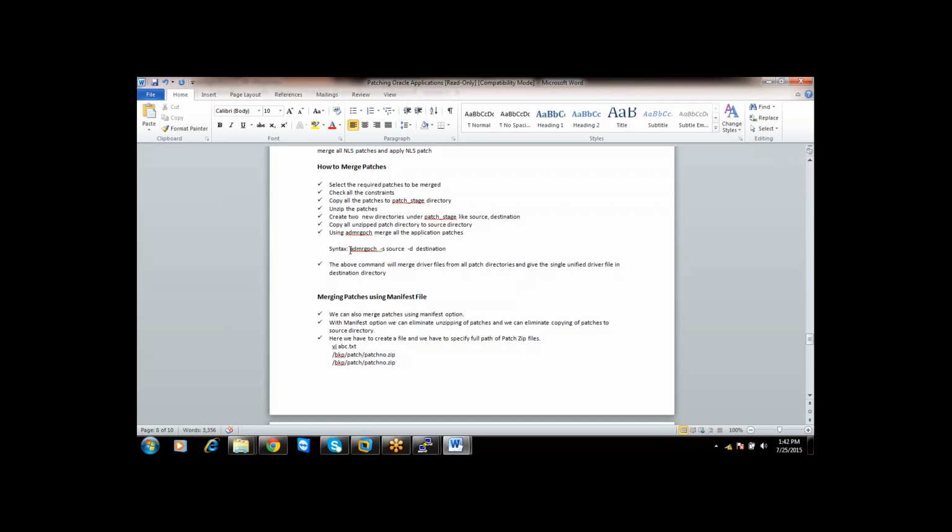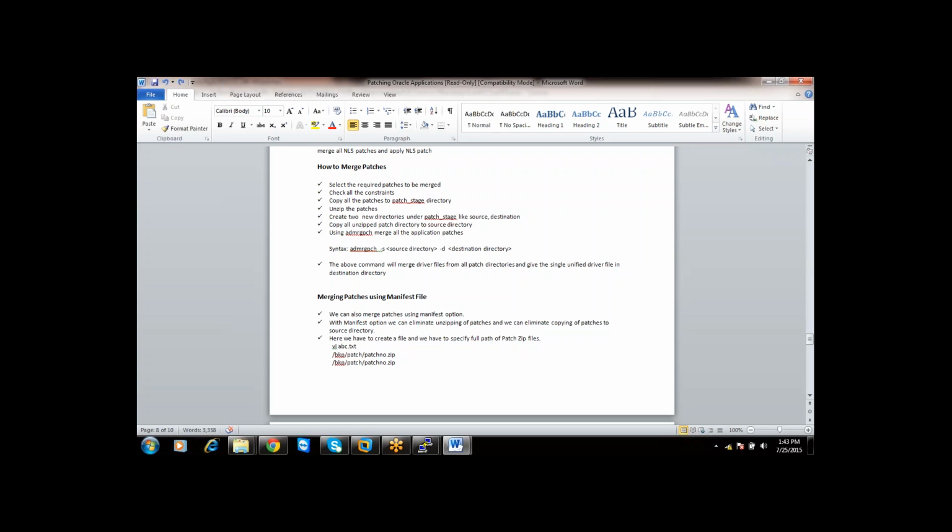Just execute admrgpch -s source -d destination. Your AD merge patch will take information from the source directory, merge the patches, and write the output file to the destination directory.